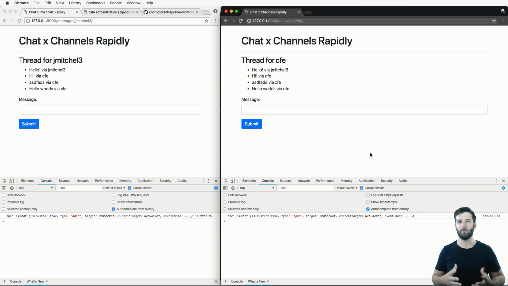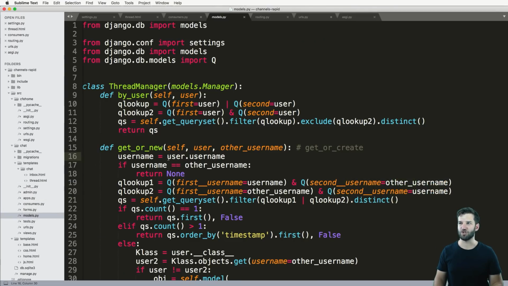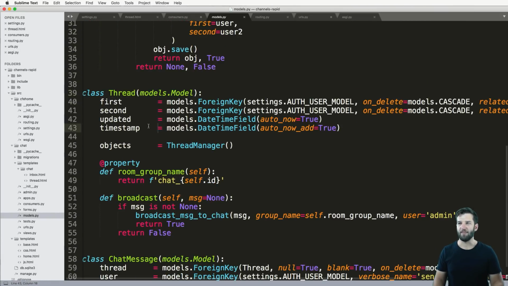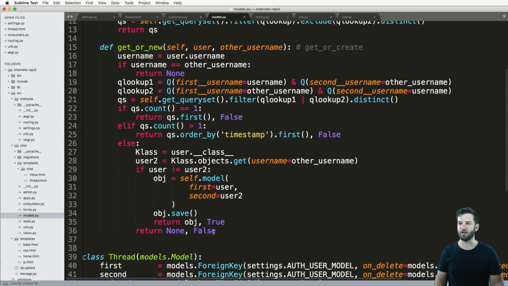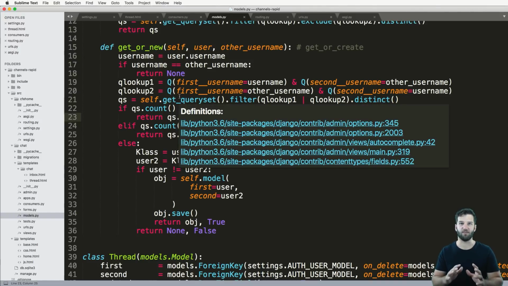So we want to create a chat room for these users. And it's only a chat room that's unique to these two users. In other words, we don't want other users to be able to get into this chat room. And we've already created the logic for that. So if you go into models.py inside of the chat app, you'll see this thread manager for the thread model. And the logic here is simply that only two users can be in this model itself. They are connected to one another. And the only way we actually grab that thread for those two users is this method here. So it's going to look based off of either username,